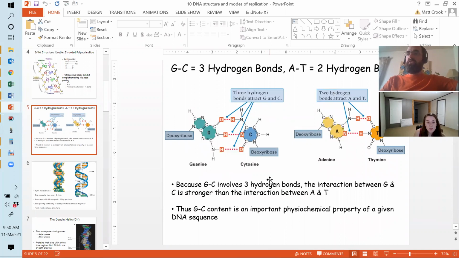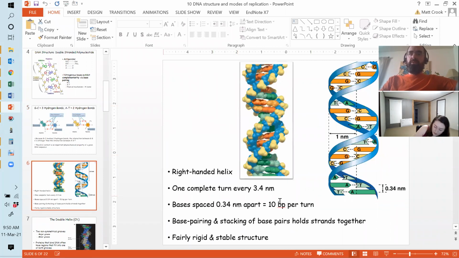Again, also just to reiterate, 3 hydrogen bonds between guanine and cytosine, 2 between adenine and thymine. And also, another interesting property of DNA, which is going to be relevant to what we look at later, is it actually has,